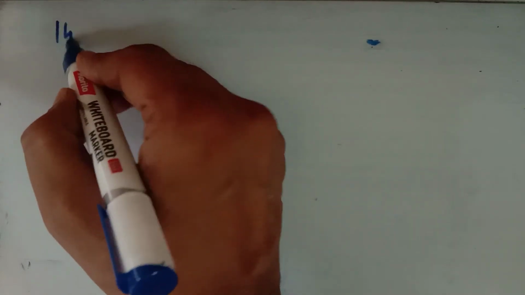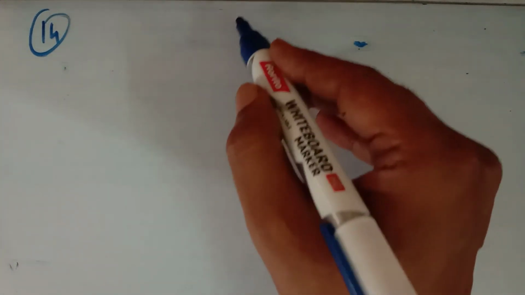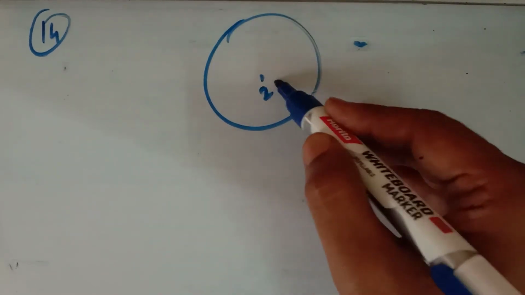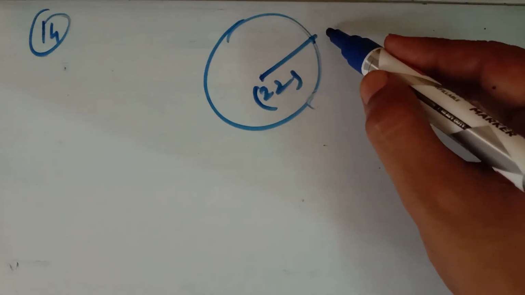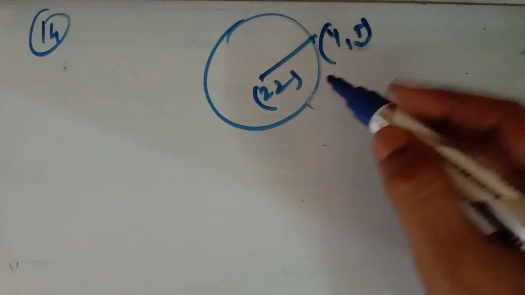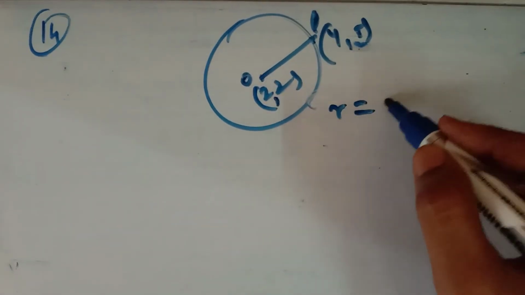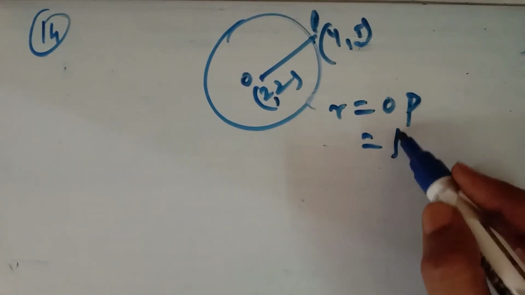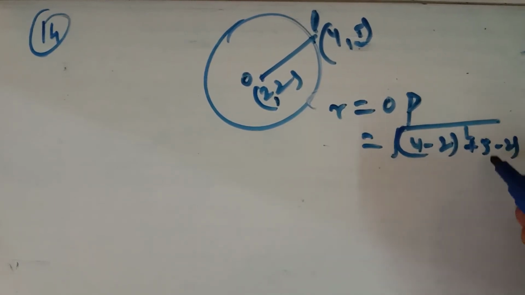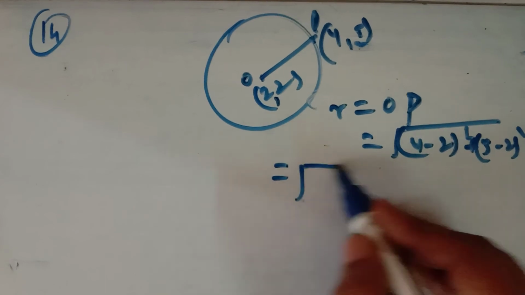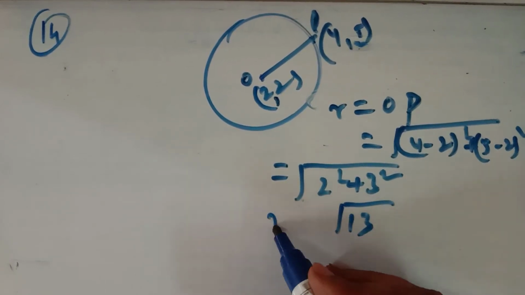Now question number 14 says that find the equation of circle with the center at 2 2, जिसका center आपका 2 2 है, and which is passing through the point 4 5. तो इसका मतलब आपको h और k की वैल्यू गिवन है और डिस्टेंस फॉर्मूले से आप रेडियस निकाल लेंगे OP, which will be equal to under root 4 minus 2 का होल स्क्वायर and 5 minus 2 का होल स्क्वायर. तो what you are getting? 2 square 3 square, root 13 is the radius of this circle.